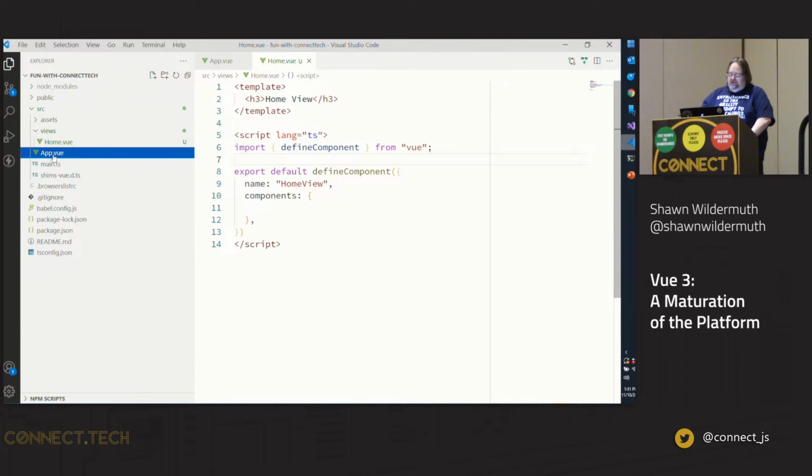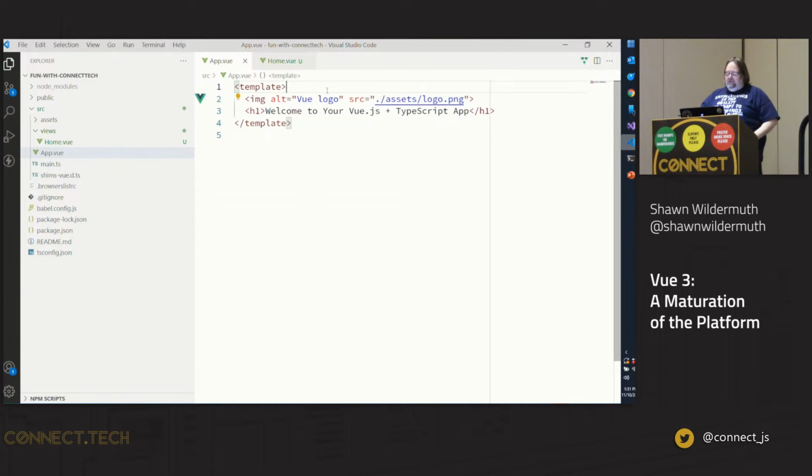And so in order to use it in here, there's a couple ways to think about this. In Vue 2, it was very common to define all your components globally, and you can still do that. You can use that defined component and give it a name, and then it'd be available globally. But more typically,